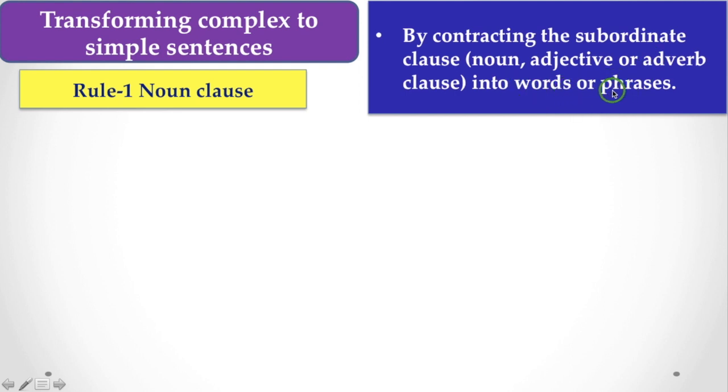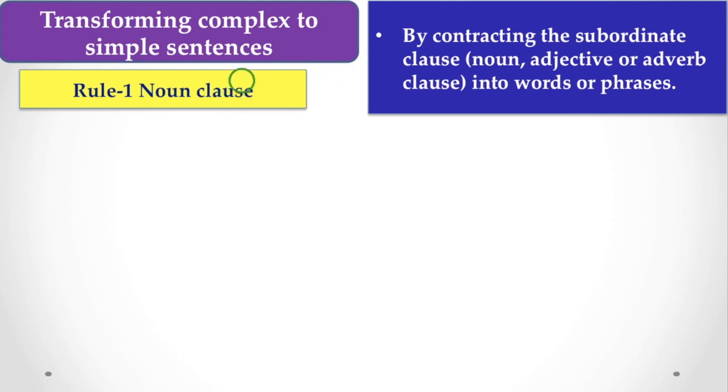So in a complex sentence, you find more than one finite verb, because in a complex sentence there are two clauses. One is the main clause which has a finite verb, and there is a subordinate clause, one or two subordinate clauses, where you also find a finite verb. So when you are asked to convert a complex sentence into a simple one, you have to use only one independent clause where there is a subject, object and only one finite verb.